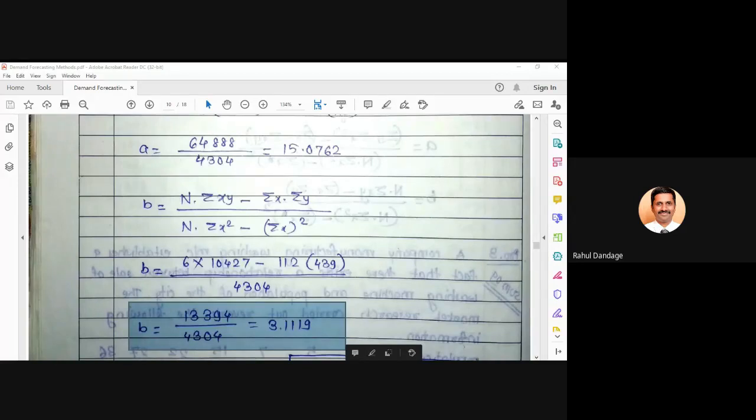So those who have got the values for A and B both correct can substitute the values of A and B in the same equation, y is equal to A plus bx. And now the value of this x is going to change with the new population which is given for another city. So substitute that population and try to find out the prediction, the estimate of sales, the estimate of demand for that city for which the population is given.